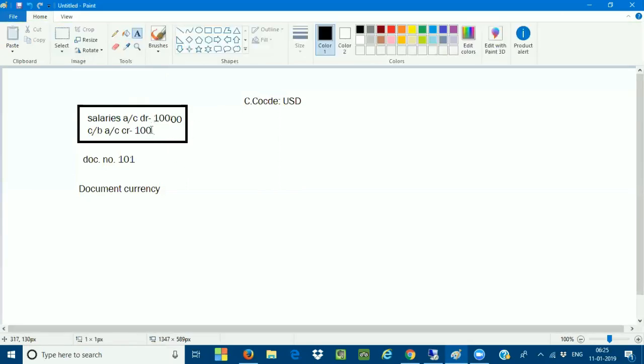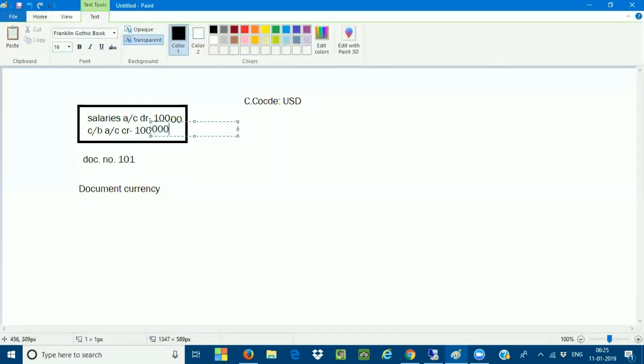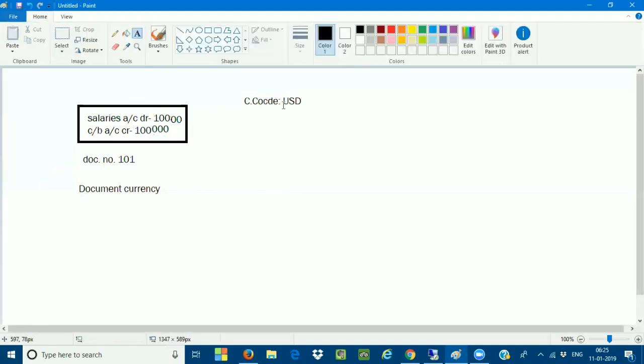When I display the document, my local currency is USD, but the transactions you have posted are in INR. So INR is your document currency here, not USD. In which currency you have made the transaction, that is the transaction currency.